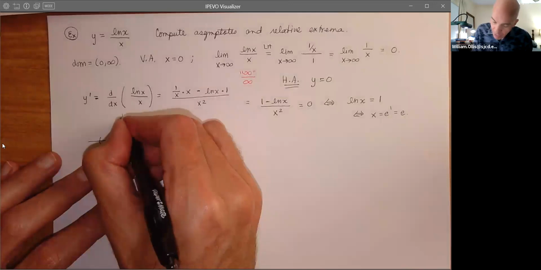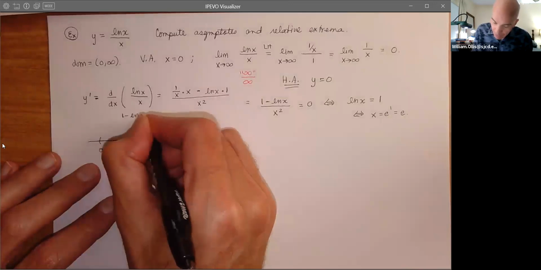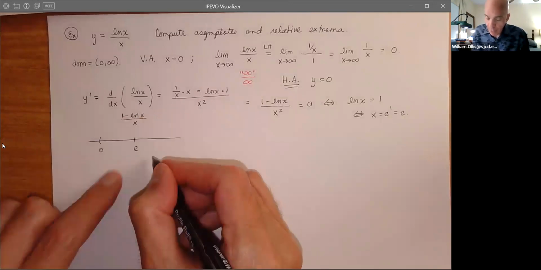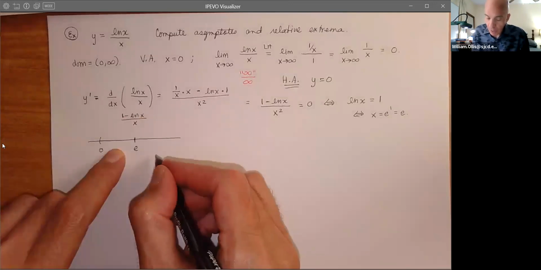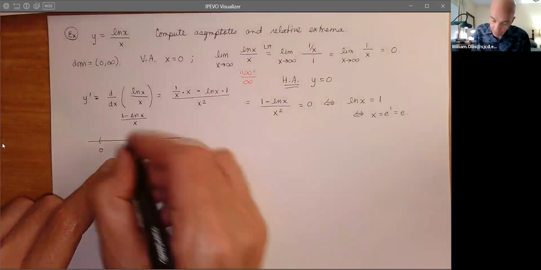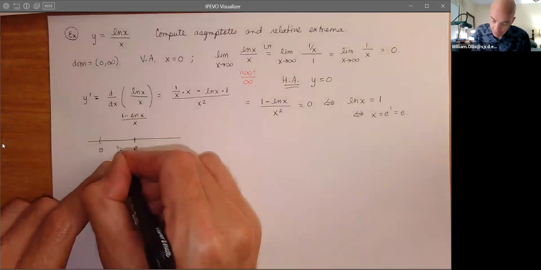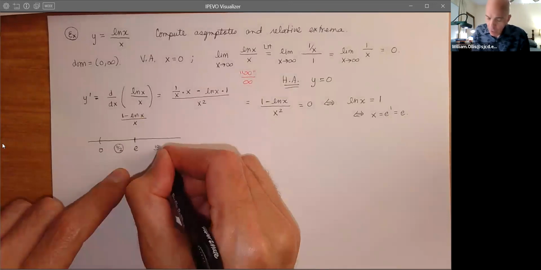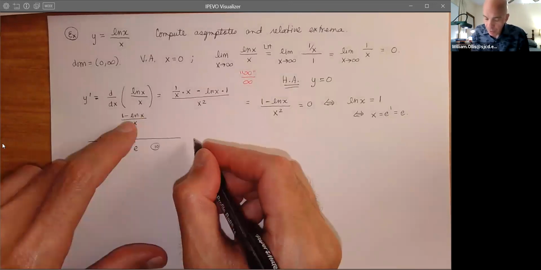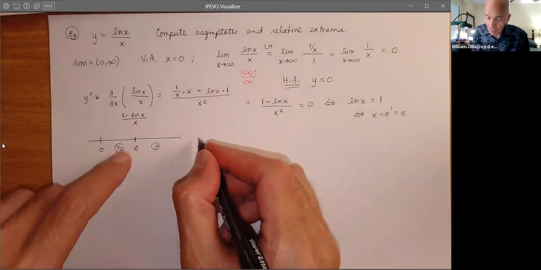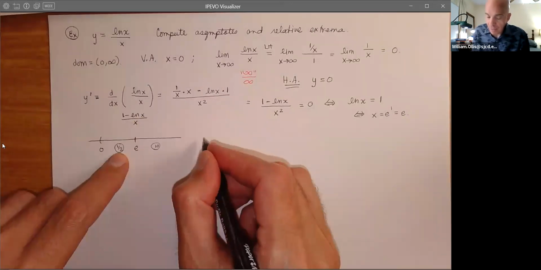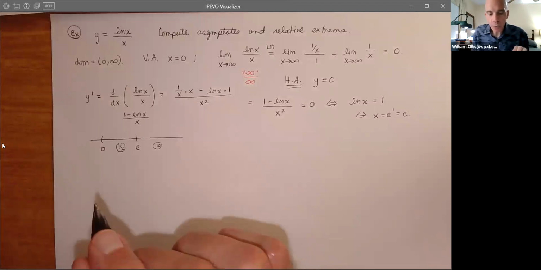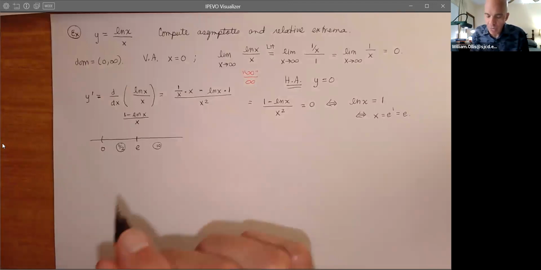1 minus ln x over x. And so of course, if we take a number here, say like a 1/2, and we take something over here like a 10, well, notice that with the ln of 1/2, that's 1. And when you think about what we're doing here, and you think about how this works, let's go back to